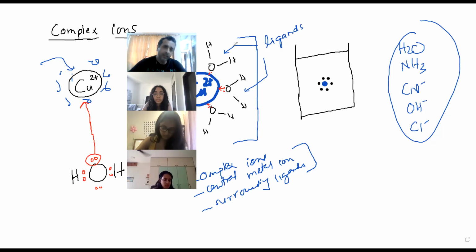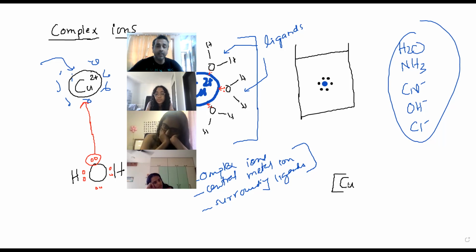Now there are several complex ions. Here I have taken the example of copper and water. Let us see how you write the formula of a complex ion. The complex ion has to be written in a square bracket. So you open the square bracket, write the symbol of the metal first, metal ion first. But its charge you don't have to write. So just write Cu. Don't write the 2 plus charge. Don't write any charges inside the square bracket. So Cu, though it has a 2 plus charge, I will not write that in the square bracket.